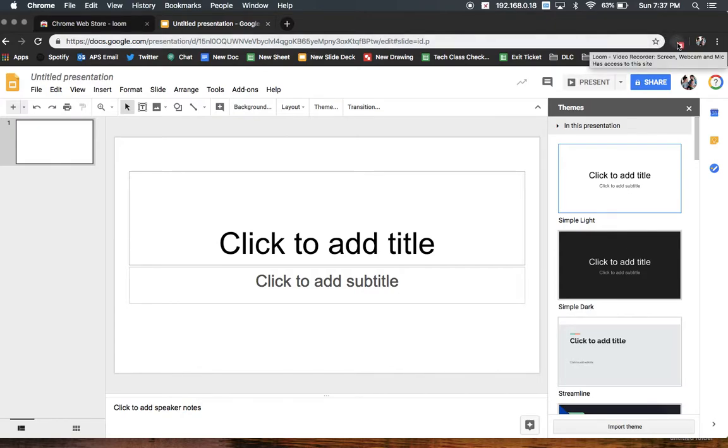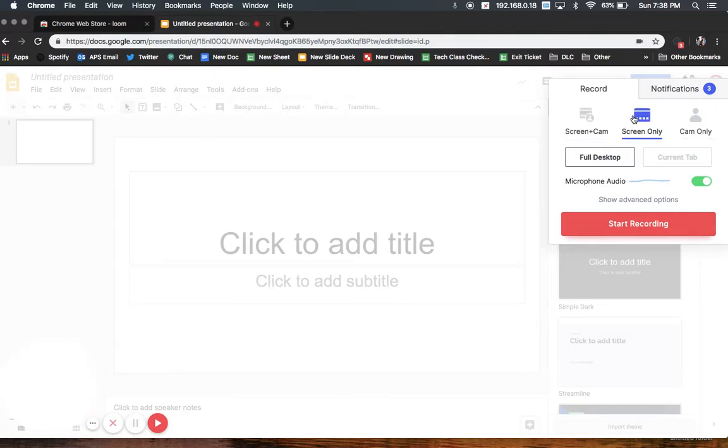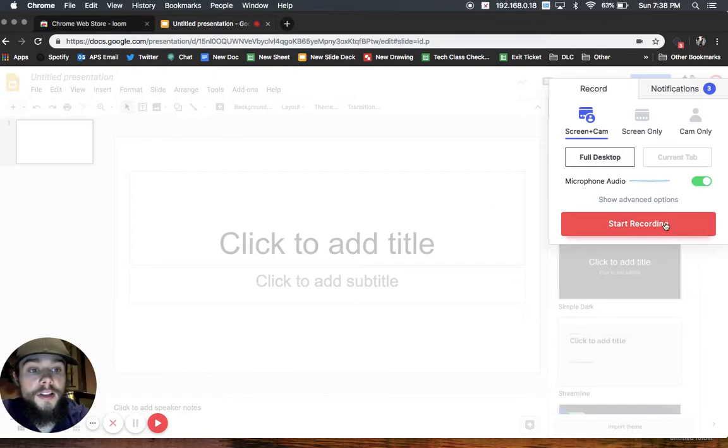And then just click the Loom button, and you have the option to record your screen and cam. Oh, I wasn't prepared for that. Whoops, there I am in the bottom left corner. Fix my hair. You can record your screen only or your camera only. So I'll do my screen plus camera very quickly. I'll click Start Recording